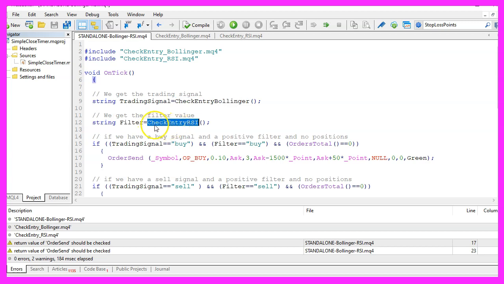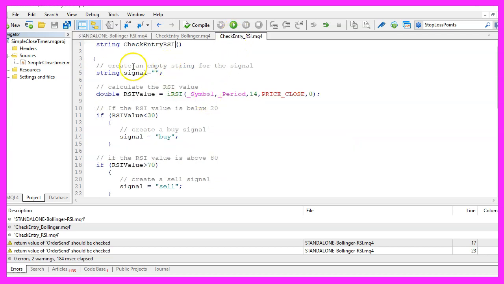To get the filter value, we use the function checkEntry_RSI. That is coded in this module. It also returns a string value. Once again, we create a signal variable of the type string. Now we use iRSI for the current symbol on the chart and the currently selected period on that chart.